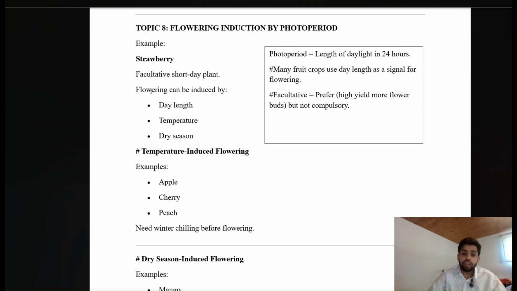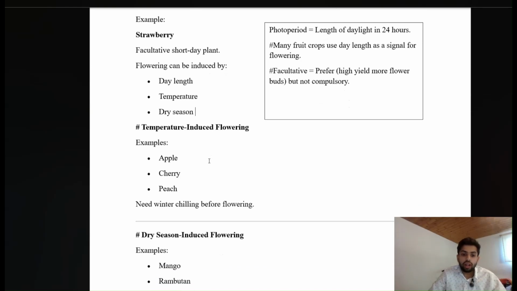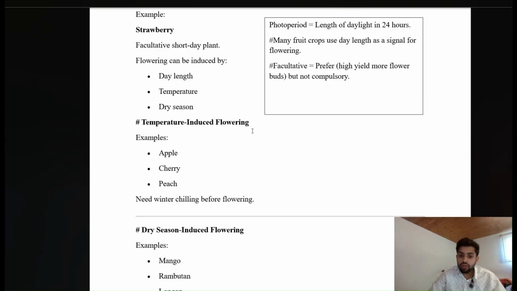Flowering can be induced by day length, temperature, and dry season. Regarding day length, the strawberry is a short day plant. If the plant gets short days, and then long days, then flowering can be started and induced. If I talk about temperature-induced flowering, for example, apple, cherry, and peach need